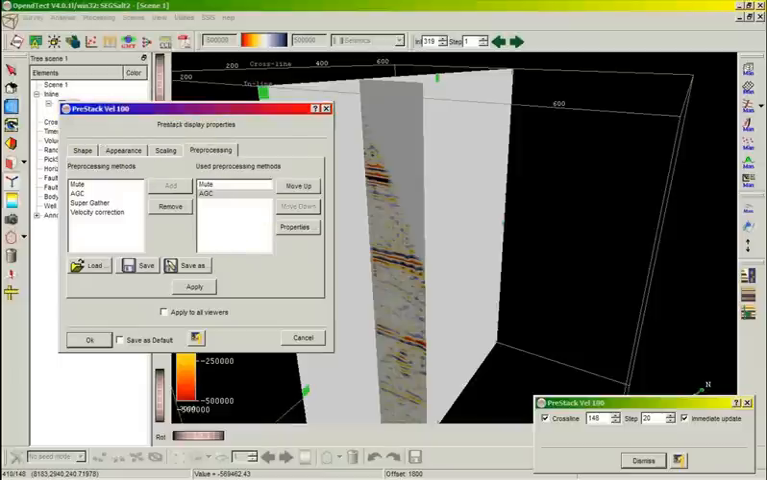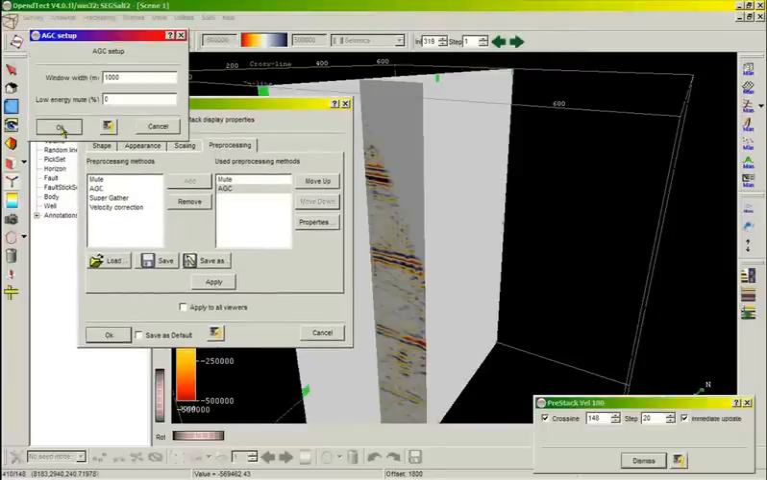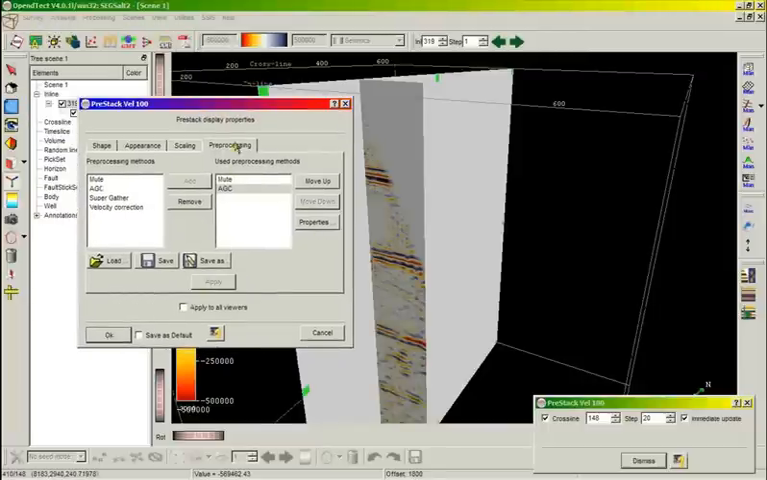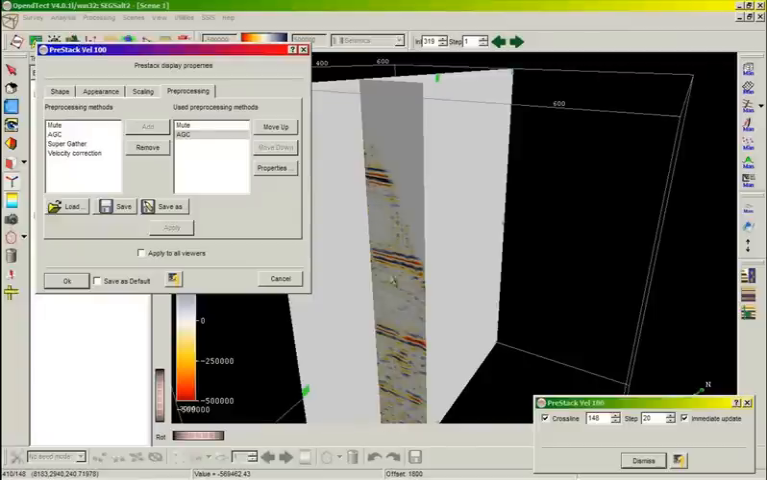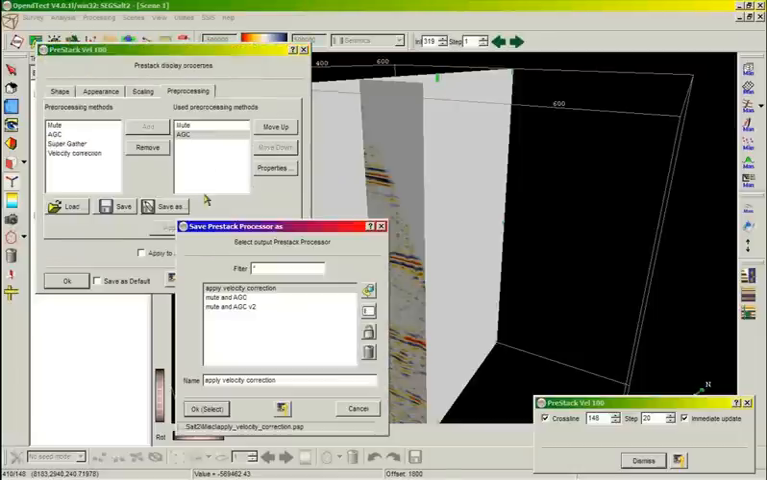And where's my properties? Here. And I can apply it. So it will process an AGC on a trace-by-trace basis on this pre-stack data. The most handy tool to have here, once this flow of pre-processing methods has been set up, is the